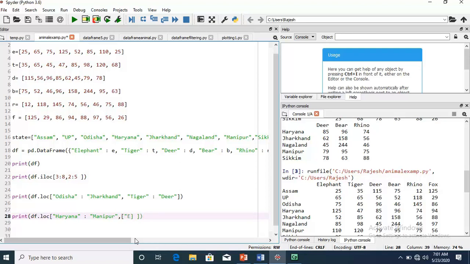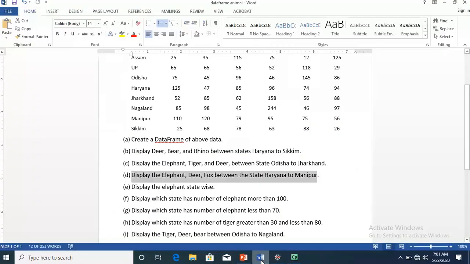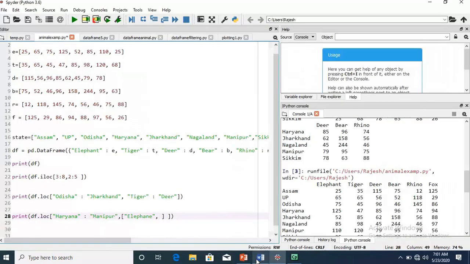Double quotes, elephant. Then what are the next animals, I forget. Deer. Why am I doing this? Because the columns are not in a sequence.